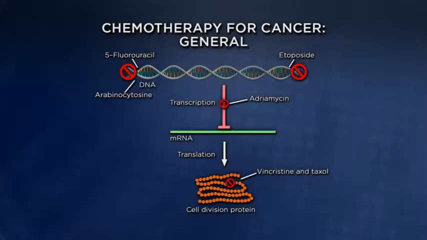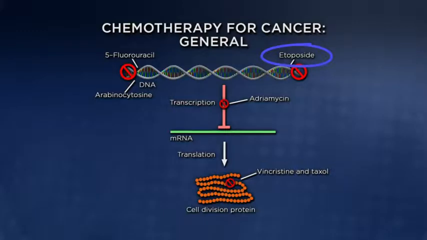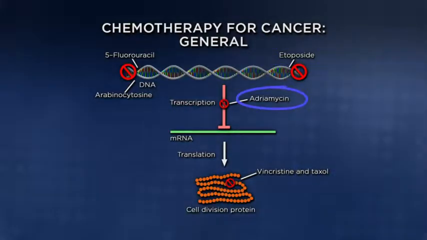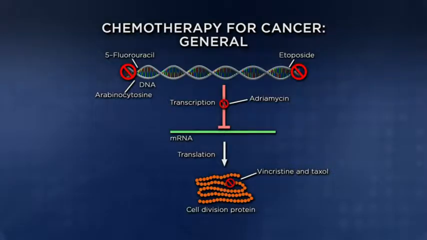I've shown here a number of cancer drugs we will be looking at in this lecture and where they work on this scheme. For example, here's 5-fluorouracil looking at DNA and how actually the building up of DNA. Etoposide acts in the structure of DNA. You'll see how it acts. Adriamycin we won't talk about in detail, but it acts in DNA unwinding. Vincristine and Taxol are looking at a cell division protein,